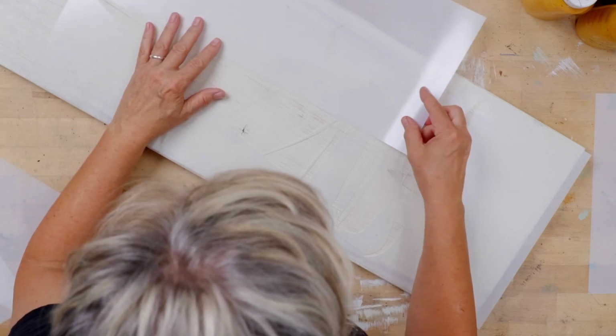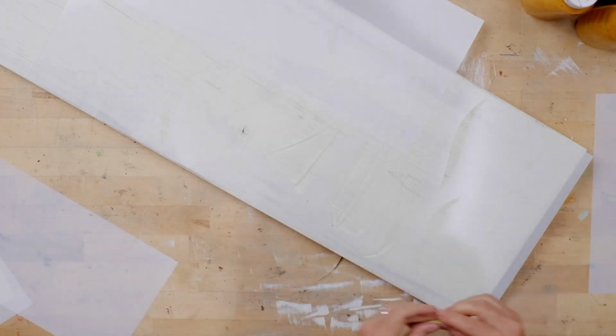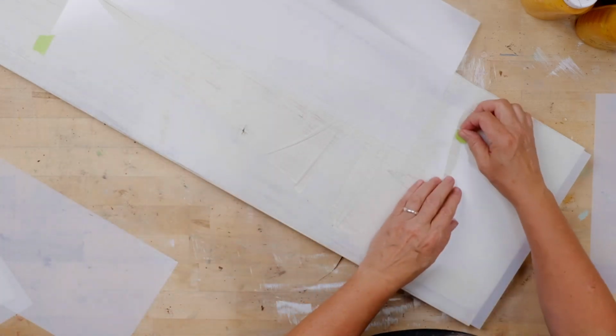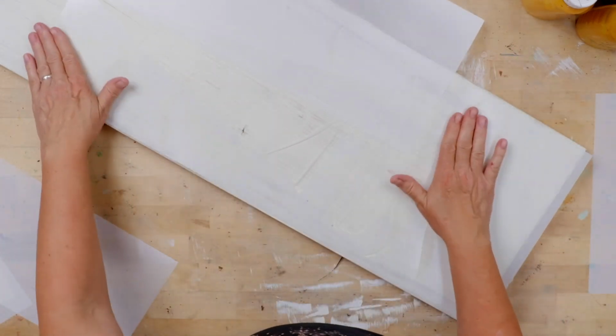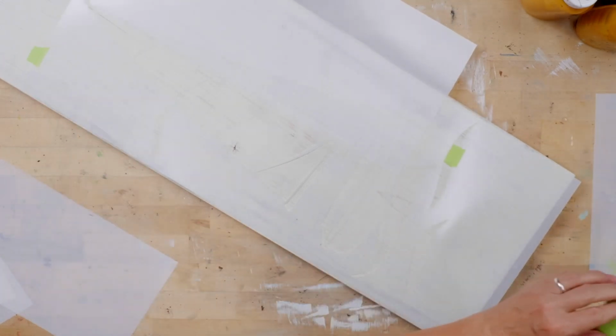And we're going to do some securing. We are going to use a little bit of tape, but we're just going to be securing with it. So we want to give us a little tape at the top and a tape through the wave. When you tape in two spots, it secures the board. And then we can also give a little nod